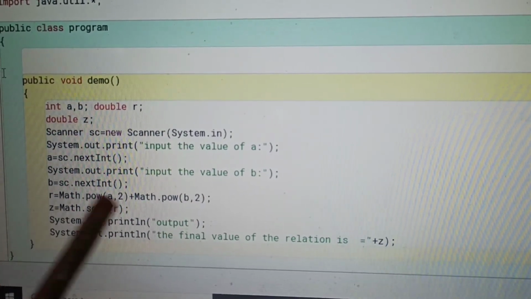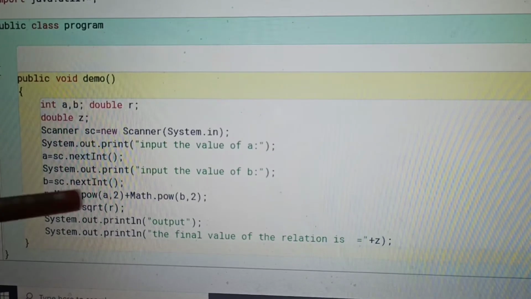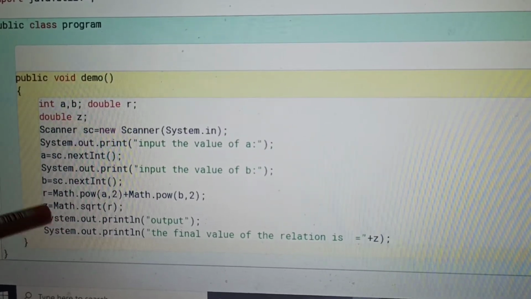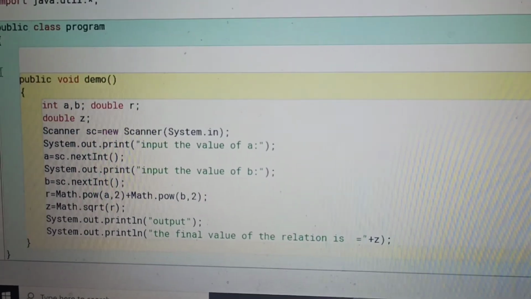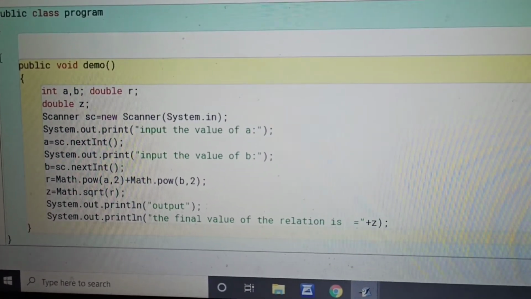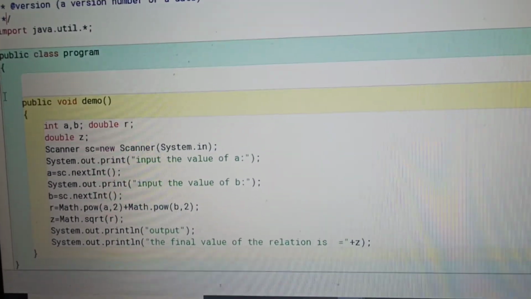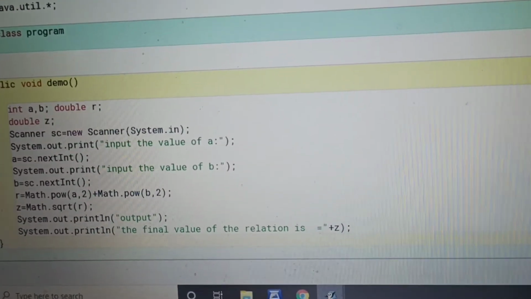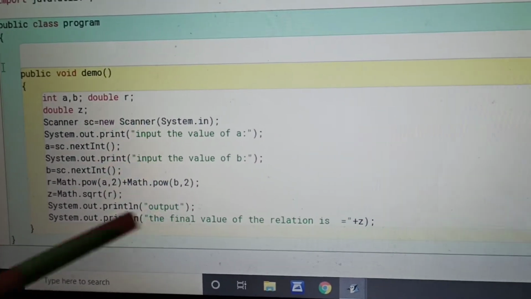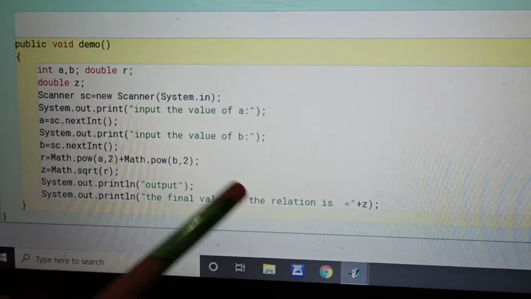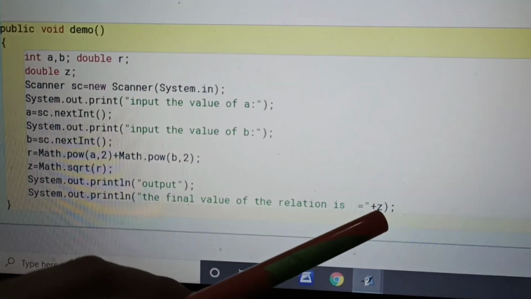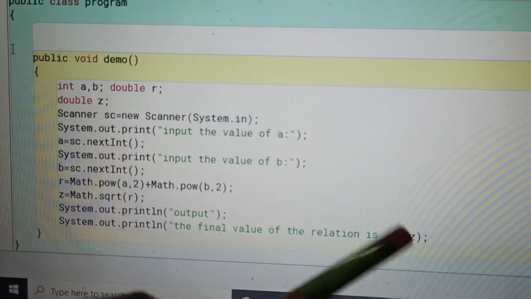After that, whatever result comes, it will take the square root of that value using the Math.sqrt function, and it is going to be stored in the z variable.